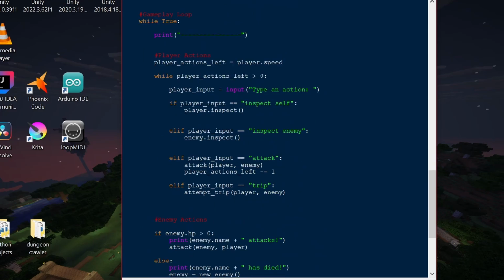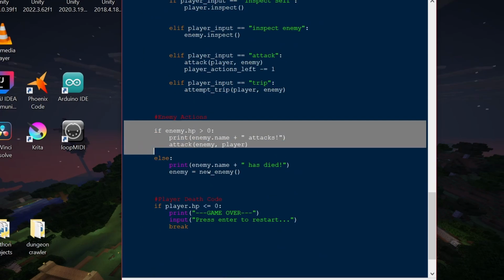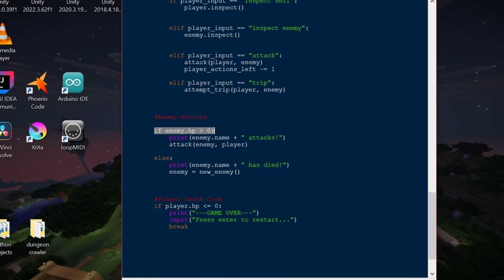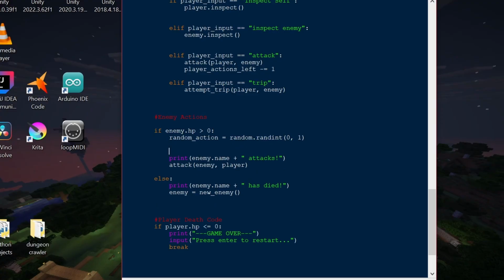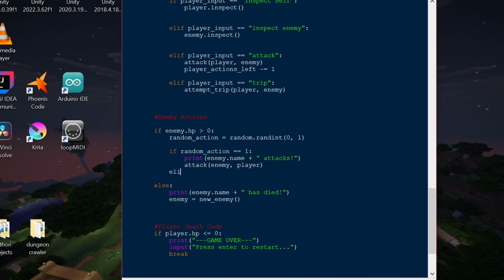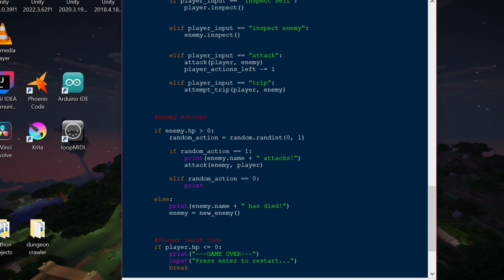But now let's make it to where the enemy can trip you. So let's go back down here to the enemy actions and say if the enemy HP is greater than 0, so if the enemy's alive, let's do another random number. So let's say random action equals random.randint, and then a random number between 0 and 1. Now, if the random action equals 1, then let's just do the normal action. But if the number is 0, so random action equals 0, then let's say